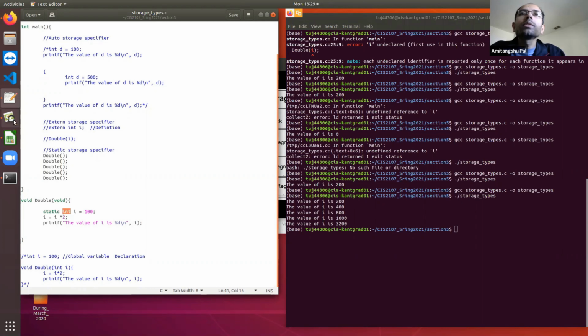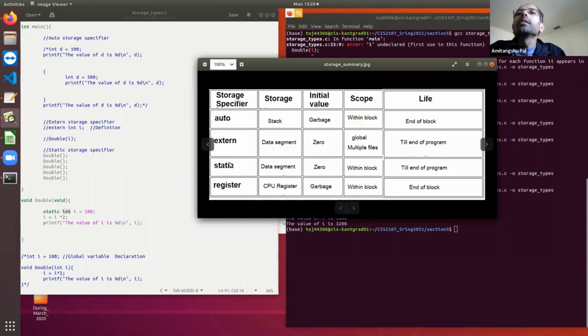And what is the property of static? The difference between static and other variables is that its lifetime is till the end of the program. But it is not the same as extern because its scope is not global.